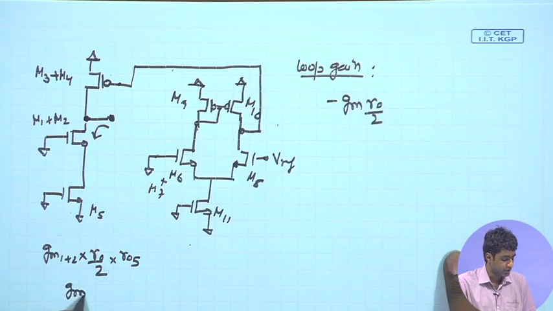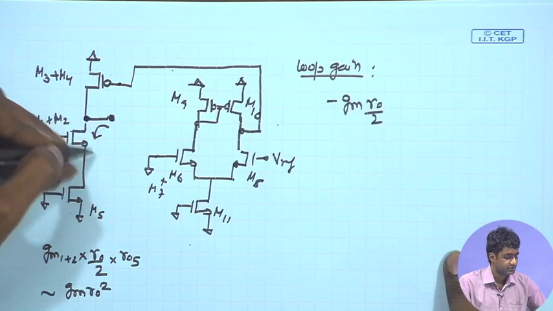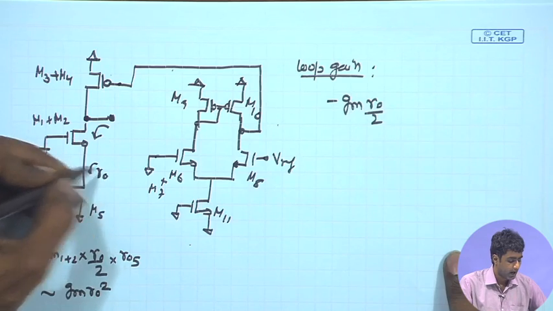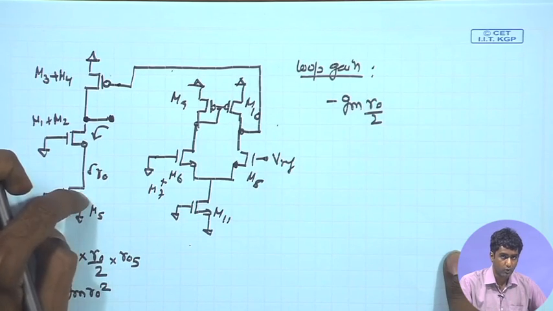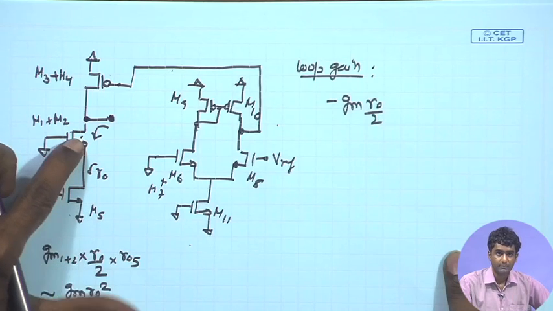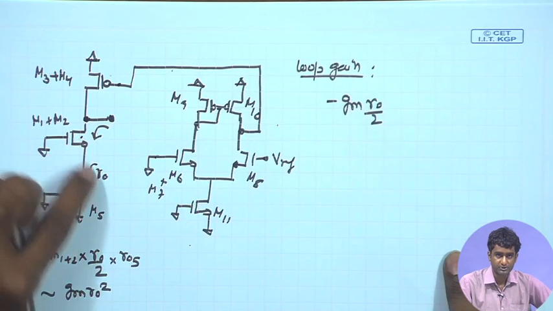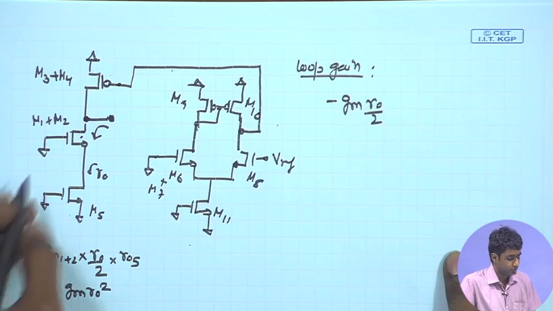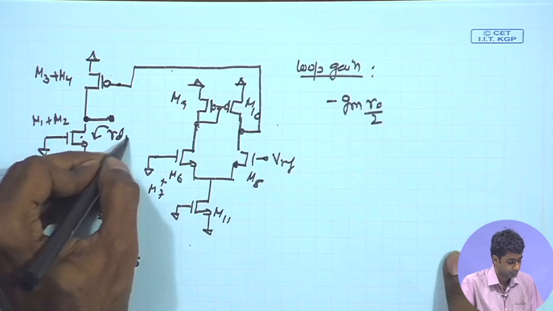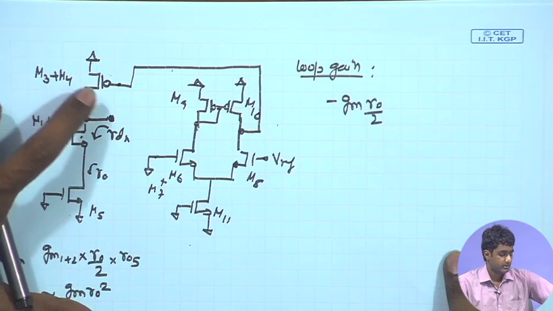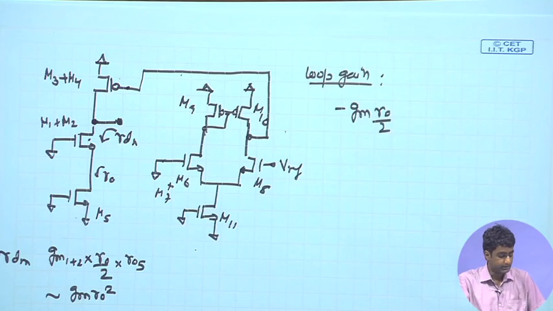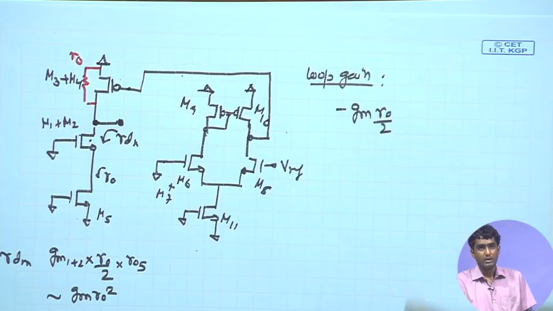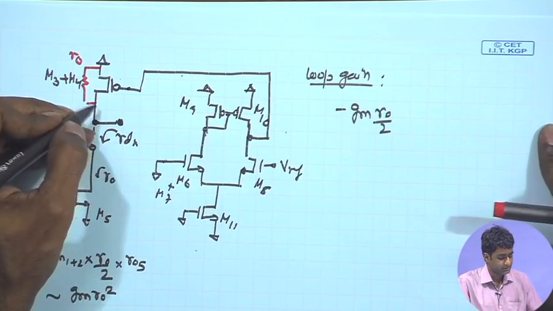So, we get a factor of GM RO square. Whenever we have stacked transistors, looking into the drain of the NMOS, we will have an overall impedance given by the resistance in the source, that is RO, multiplied by GM RO of the stacked transistor. So, GM RO of this transistor multiplied by RO of the bottom transistor gives us the impedance over here. This is your R down, if I call it R down, and therefore, if I am looking at the PMOS transistor over here, it has its small signal resistance from drain to source as well, RO, and therefore, the overall gain of this stage